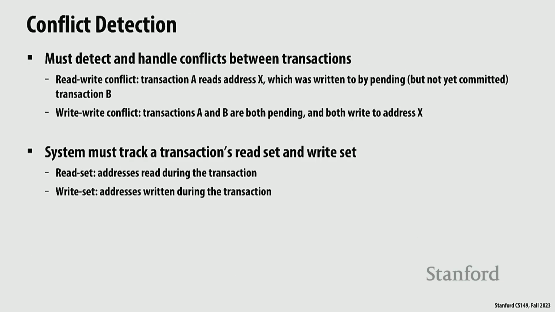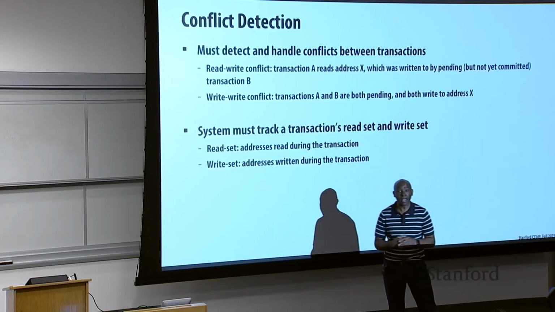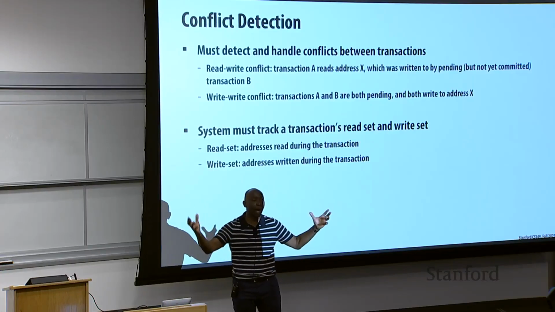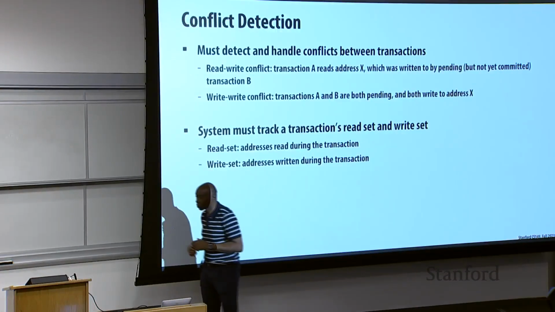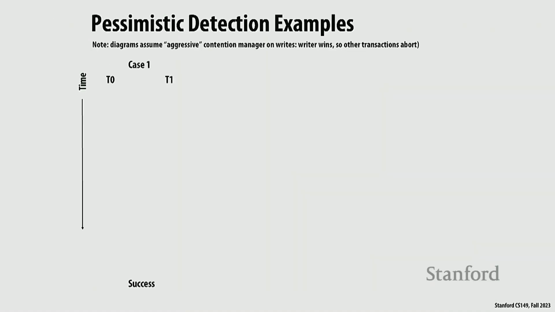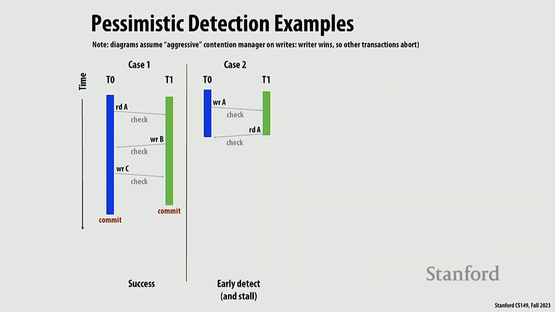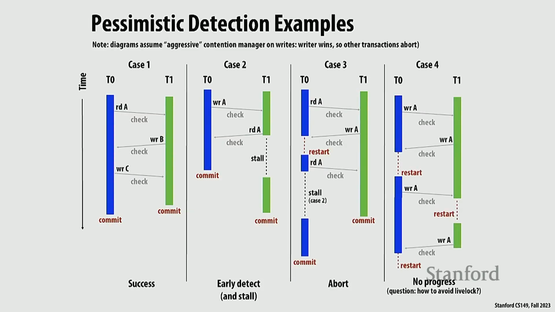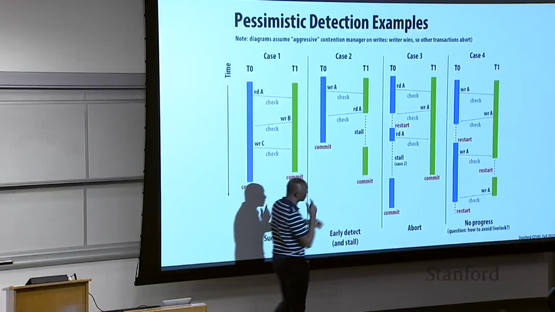And then we said that there were two conflict detection policies, pessimistic, where you detect the conflict as the memory references are made, and then optimistic, which assumes that there will be no conflicts, and you detect the conflicts when any transaction commits. All right, and so we did some examples, and we saw that in a certain case, case 4, for the pessimistic conflict detection